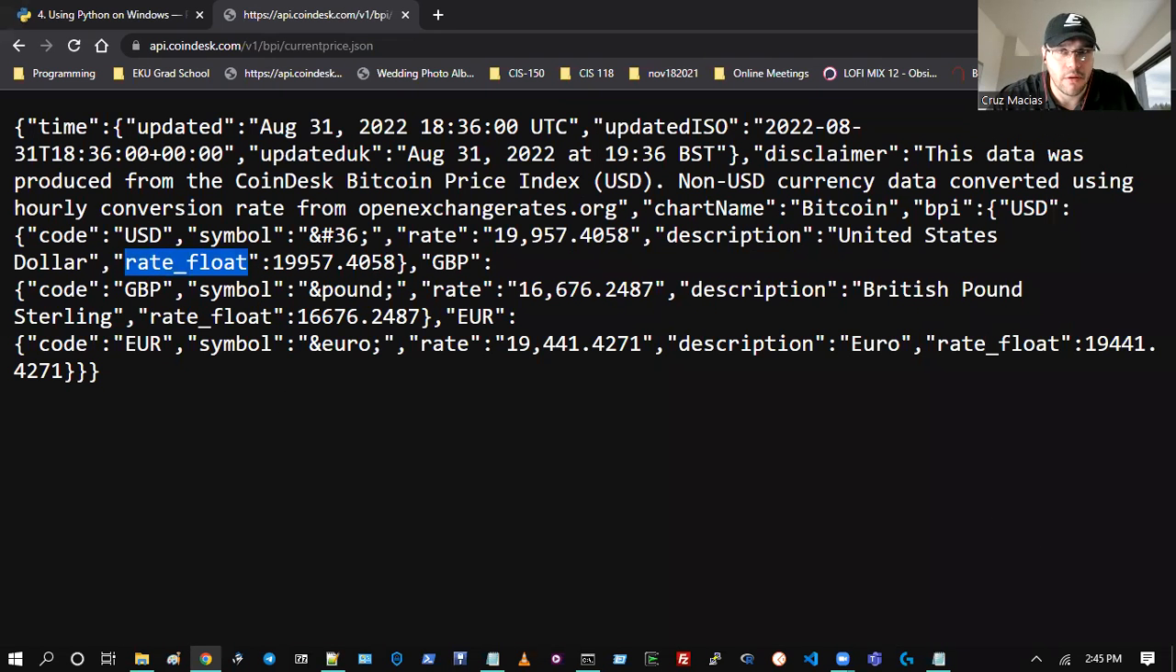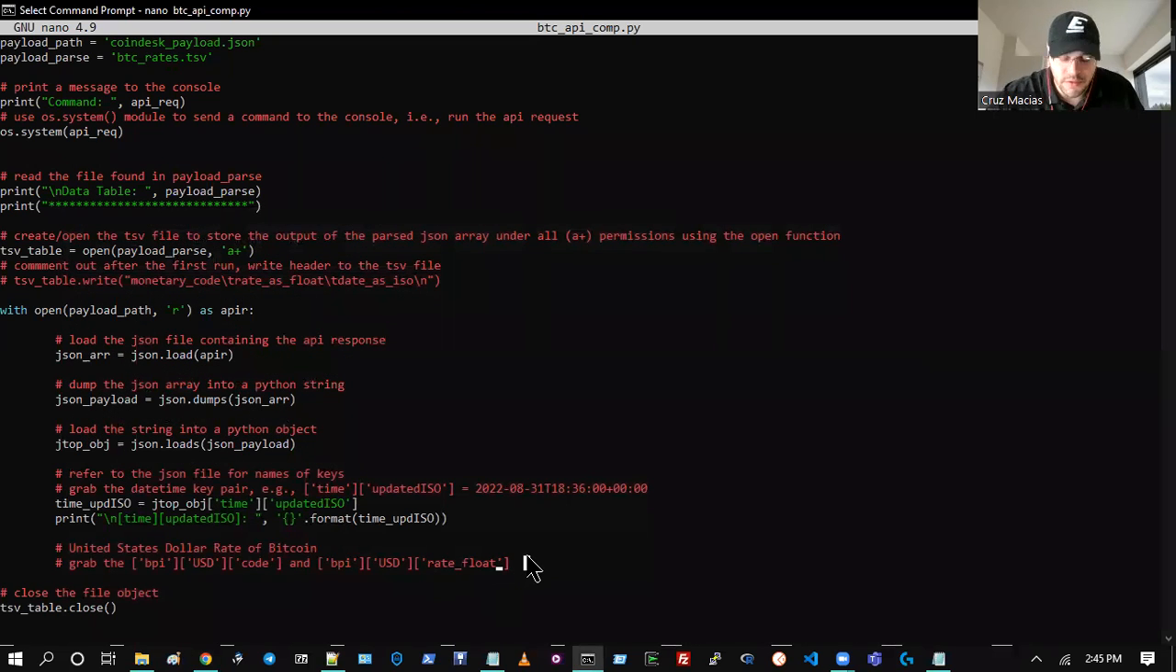Yep, rate float. Okay, so let's grab those, and then we'll want to not only print to the console, but actually write. Eventually we're going to write these values into our tabular data set, or TSV file. So let's create a couple of variables. Let's do USD code equals JSON to Python object, and then our key pairs